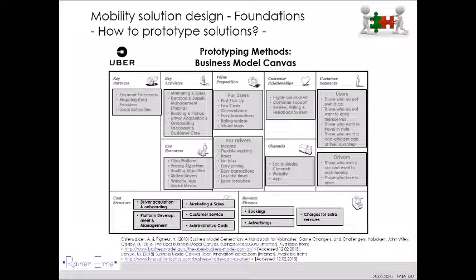And then we have some means of customer relationships. So how do you encounter your customers, and what are usually the channels by which you interact with your customers? This is the right-hand side. I call it the market side. Sorry, the right-hand side. On the left-hand side, then you can think about, in order to deliver the value propositions,